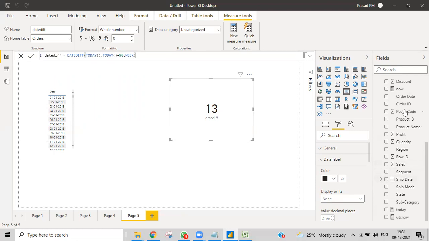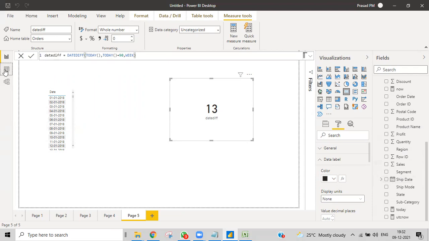We do have two dates. I want the difference between them, where this is the order date and this is the ship date or delivery date. Obviously there will be a difference between these two dates, and we can find that.